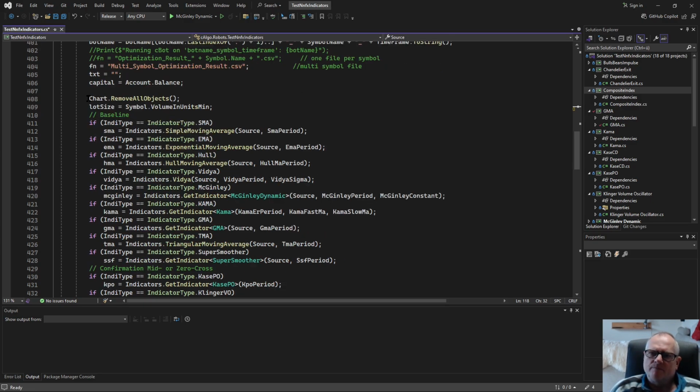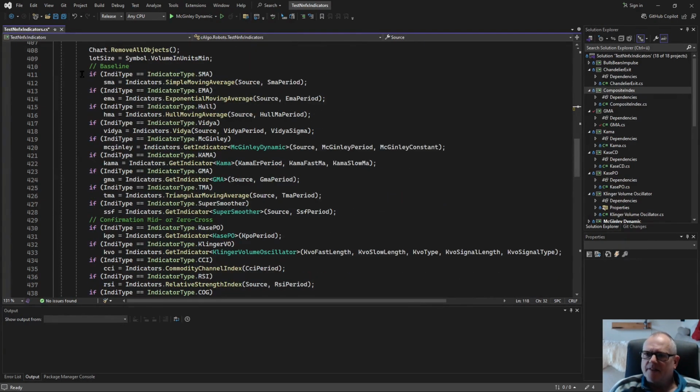if we paint some objects on the chart, it will remove all objects. And also if you do backtesting, this robot puts entry and exit points in the chart, and for the next run we have to remove all these points. We get the minimum lot size here from the symbol, and then